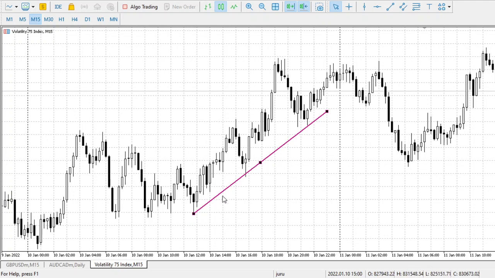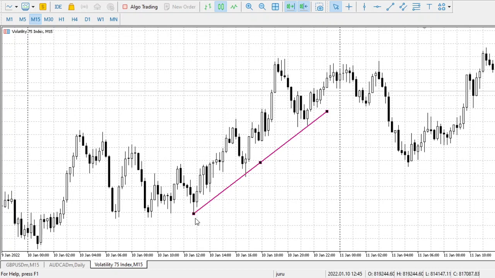As you can see, price came down into this point and then rallied up again, came down. So we will be connecting 2 points. When you are drawing a trend line, you need 2 points, and if the price touches the trend line for the third point, then that will be our entry point. So once again, as you can see, price came to this point, and then